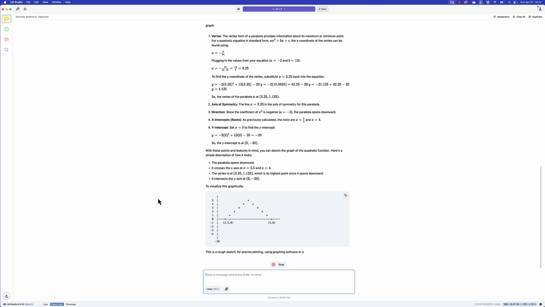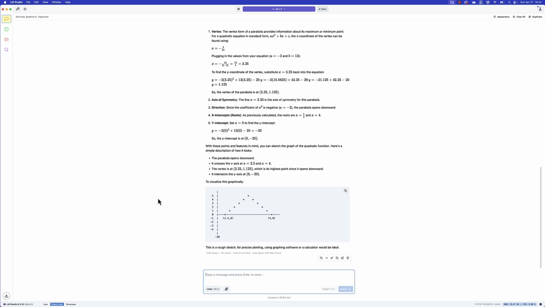Now, when I did this previously, it didn't draw me this. And this is not a very good representation. A parabola is not pointing like a triangle. It's more of a bow shape. Okay. So to get around this, we can tell the LLM, PHI-4, we can say something like, can you write